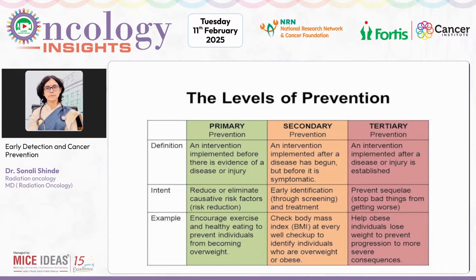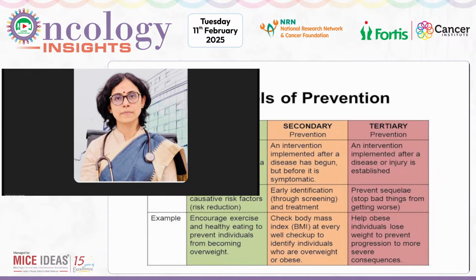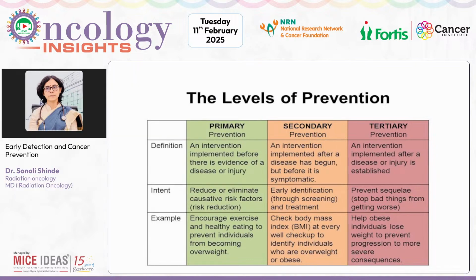The cancers which can be screened and early detection is possible are mostly breast cancers, cervical cancers, lung cancers, oral malignancies, colorectal cancers, and prostate cancers. And coming to breast cancer screening, there are 2 risk groups: average risk group and high risk group. Average risk group,